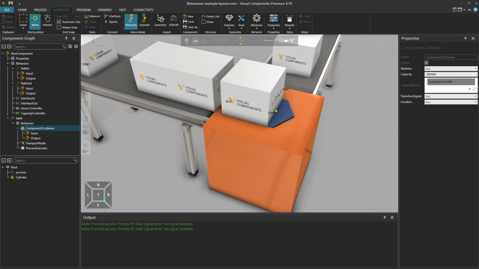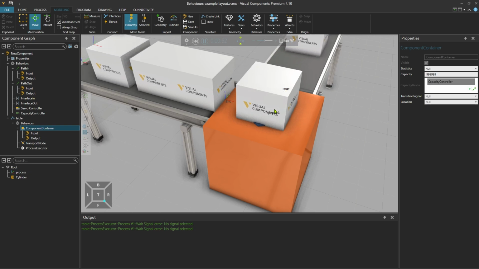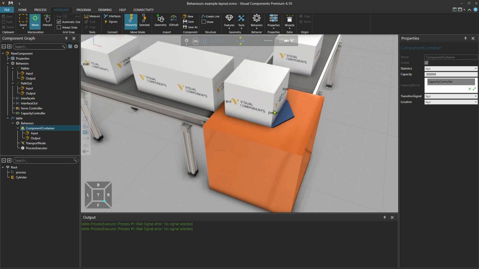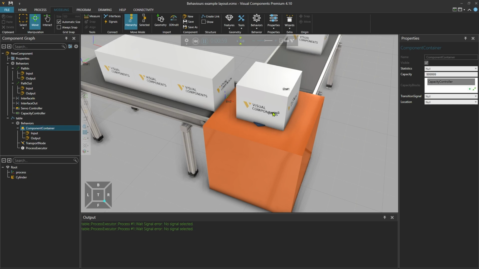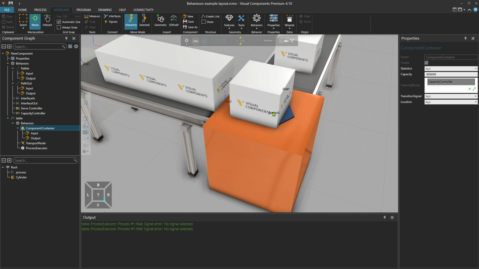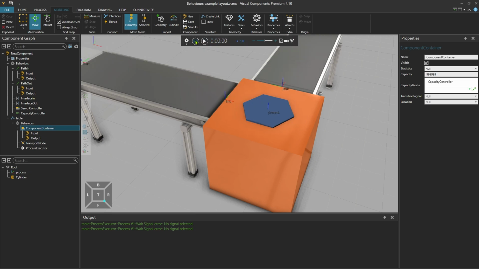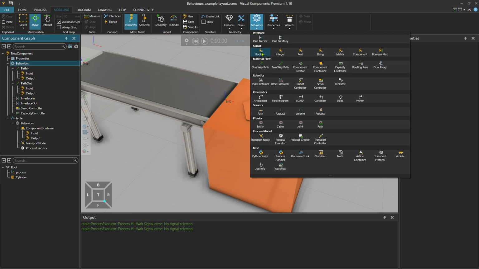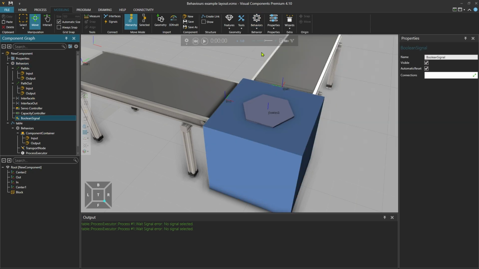To achieve this, we can add sensors to the pathway, and those sensors can send a signal to, for example, a process that waits before commanding the servo to return. So now resetting the simulation, to do this, first we need a signal. So selecting behaviors on the left, and from behaviors above, add a Boolean signal. For a simple pathway sensor, a Boolean signal should be enough.